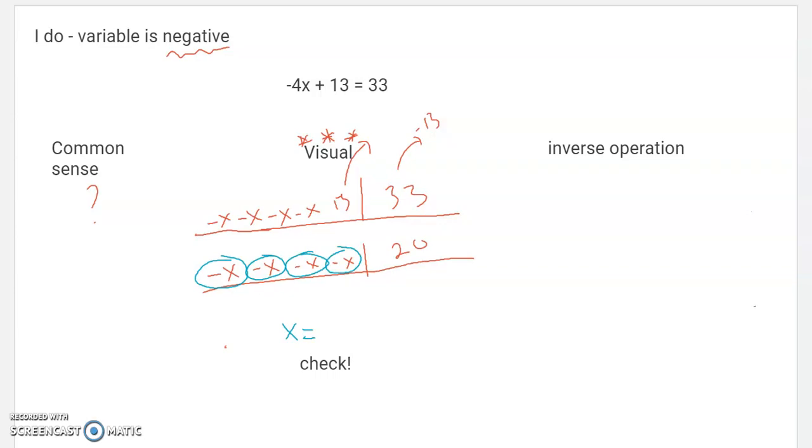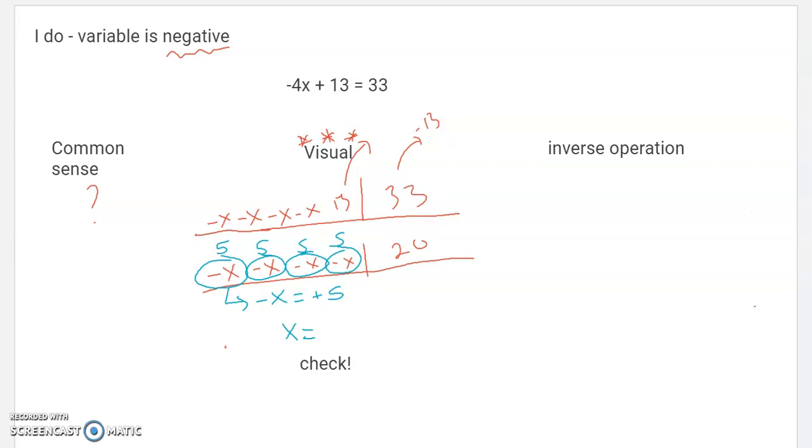Now this is going to look really weird, because you'll notice to make 20, these have to be a positive number, even though they have an opposite sign. It looks like it should have to be a negative number, but it's not. So each of these would have to be 5, 10, 15, 20 to make 20. So what I have found out is that the opposite of x is positive 5,